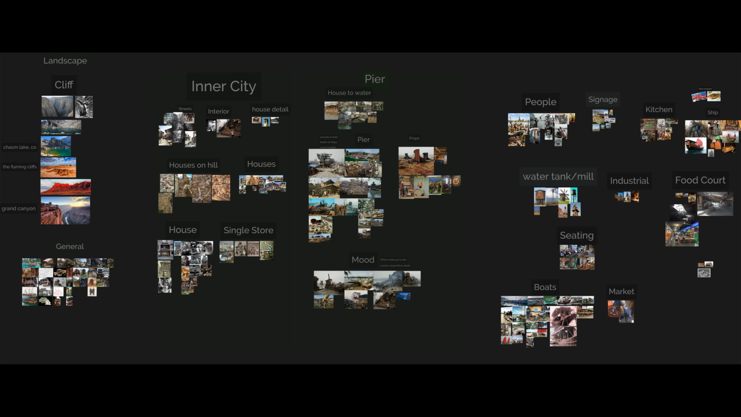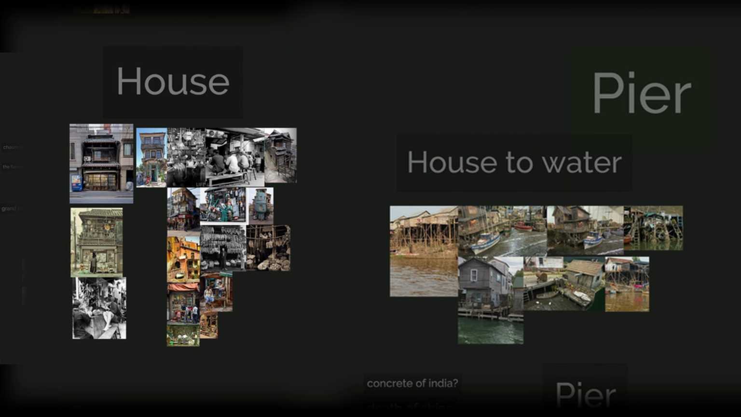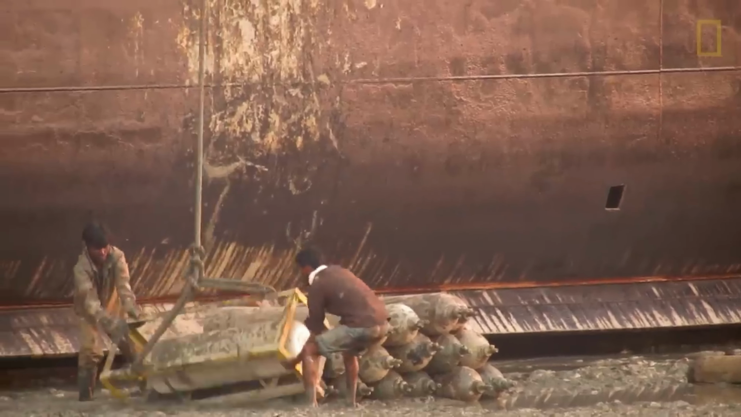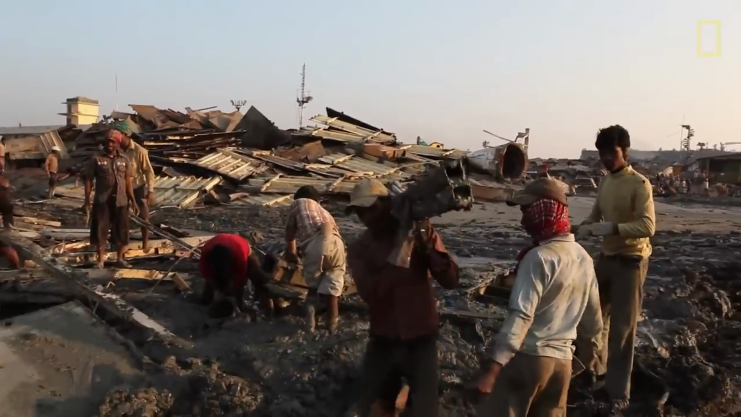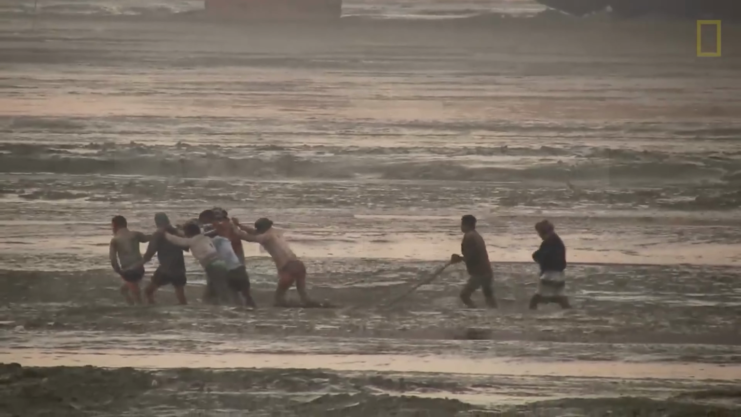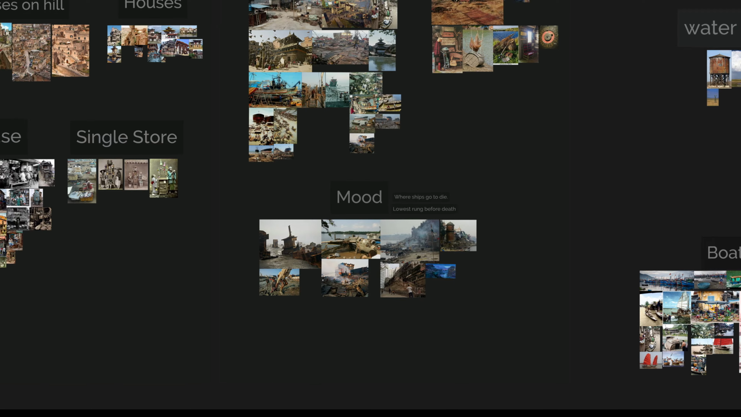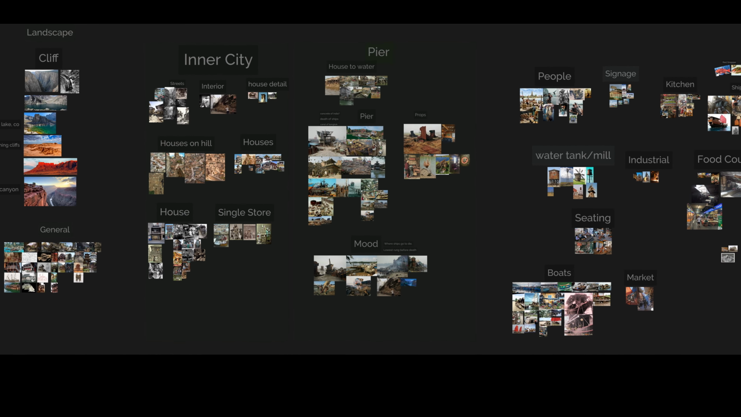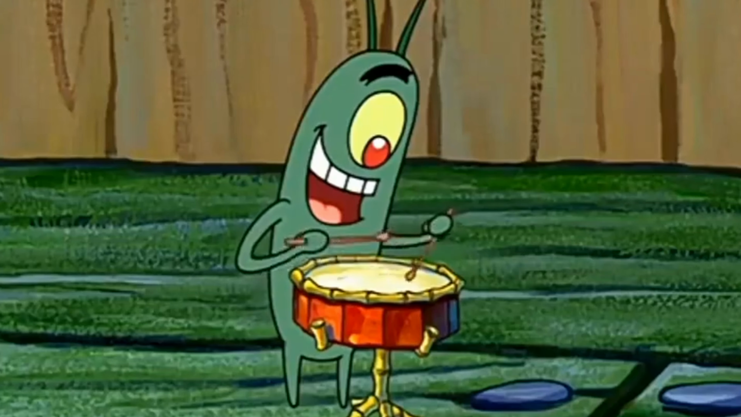So getting more specific with reference, what houses do they live in? How does it connect to the water? What mood am I going for? So for example, there are places in the world where ships are dismantled. It's called shipbreaking. It's super grueling work, kind of sad, but it exists. And I feel like that kind of vibe is what the fisherfolk in my mind live in. And so that's it with the planning. With this, we have a good foundation in which we can